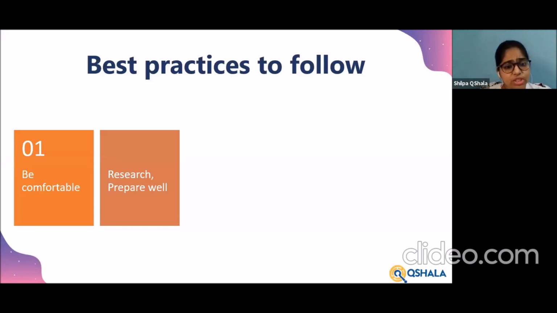Do as much research as possible, make your content as interesting as possible for the kids. We're going to look at some ways that you can do that in the session today, and make sure you prepare really well. So in a classroom, you just know what topic you have to teach, and because of all the experience that you've had over the years, it's easy for you to just take a chalk piece and start writing on the board and start explaining it to the kids.